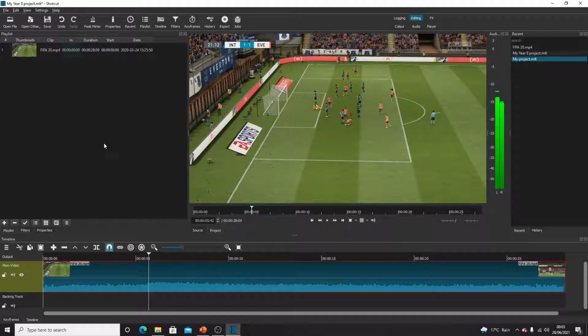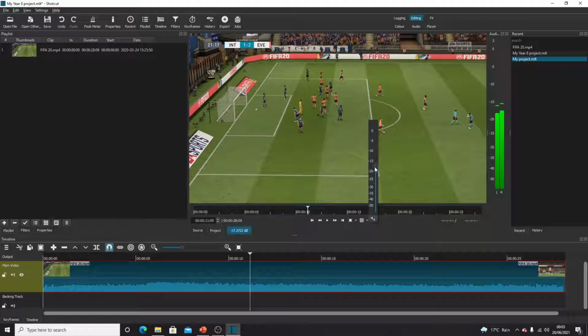Okay, so what we need to do for this part, I'm going to add another video into my project, and I'll be able to snip part of my video, so it will end up cutting out the parts that I don't want. Okay, so I've already got my part of the video, so if I scroll a little bit further,